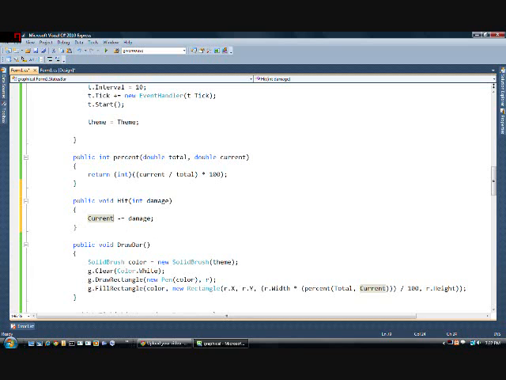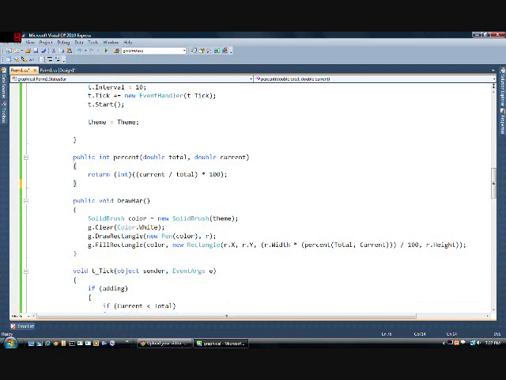If you just do current equals damage, it'll just become whatever the damage was. So if 20 hit points were taken off, current will become 20, and you don't want that to happen. But anyways, that's basically the idea. I'm not going to leave that method in there. So yeah,